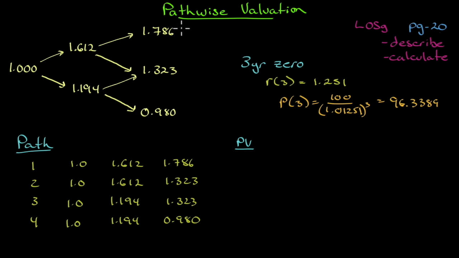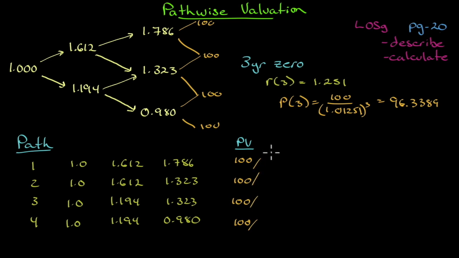With this, do we have 4 paths? This will amount to 100. Remember, it's a lattice, so it looks like this. So I have 4 paths, and you can check to see that these 4 paths are in fact what we've got. So let's see if we can get the same discount factor here. So in each case, we're going to discount back 100. In every single case, divided by our rates, this is 1.01786 multiplied by 1.01612 and 1.01. That's just these 3 rates. We will get